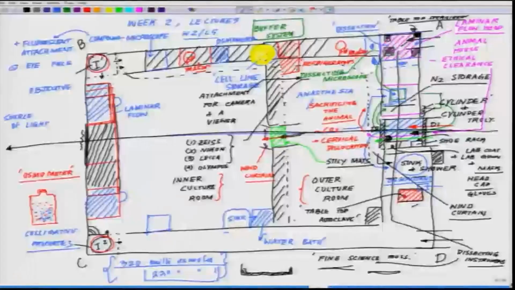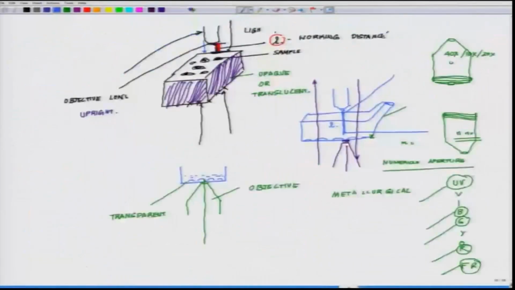So now the thing is that either you can get away with one water bath out here, somewhere out here, you can place a water bath, or you can have to have a water bath here. But in that case, you'll have to travel back and forth like this. Okay. And one more thing which I forgot is,